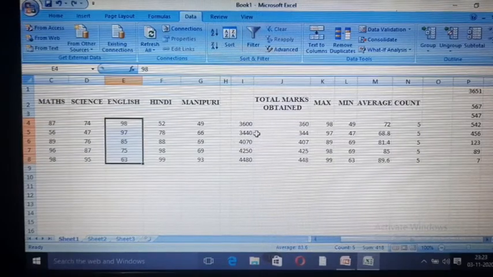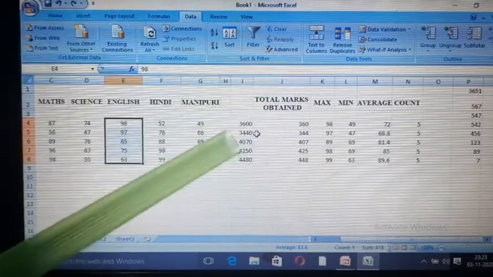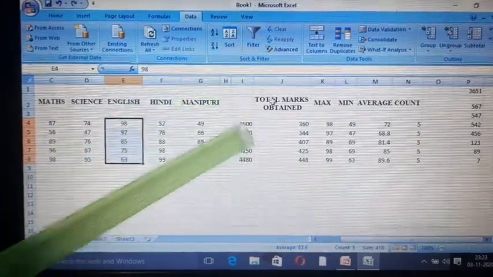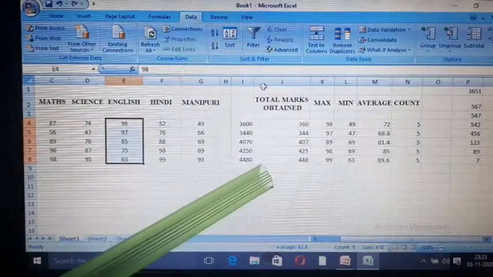Suppose, let's see here again, I forgot to tell one thing. Let's see here, in this column I, suppose